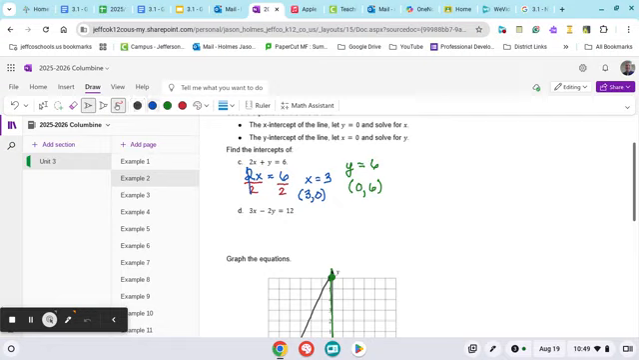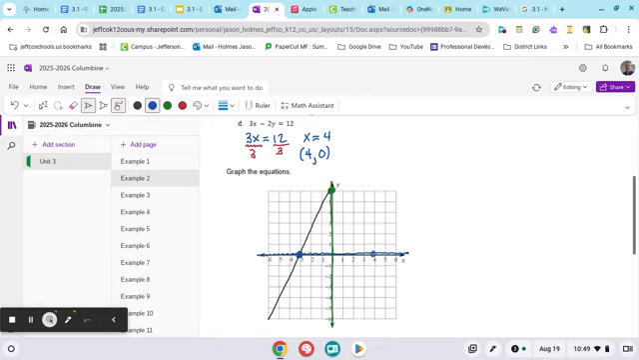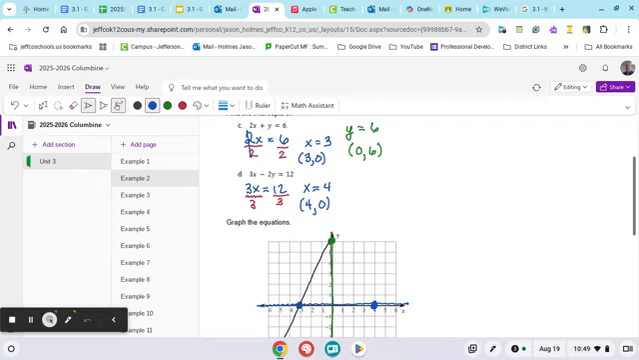Okay, so if you did that, you should have gotten 3x equals 12. We divide by 3. And we end up with 12 divided by 3, which is 4. X equals 4. And we let y equal 0, so we're going to have one at (4, 0). We come down here, we put on there (4, 0),